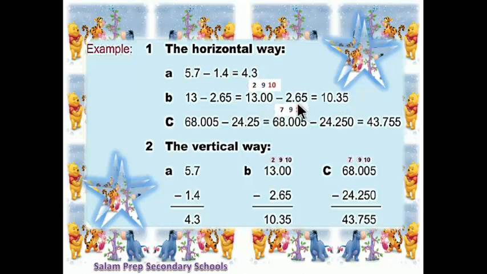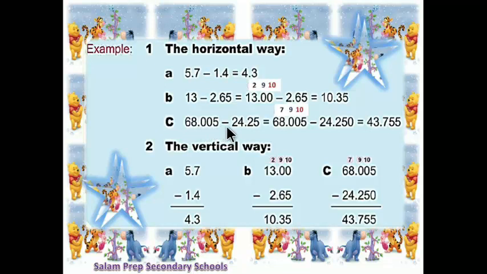Put decimal point. 2 minus 2 equal 0. 1 minus, there is no digit here, so I will put 1. The answer is 10.35. The third example for you,